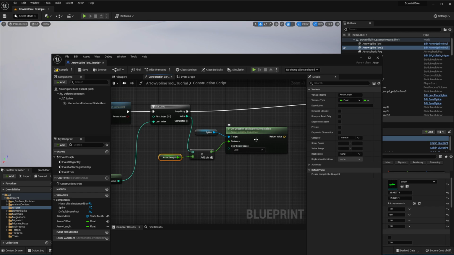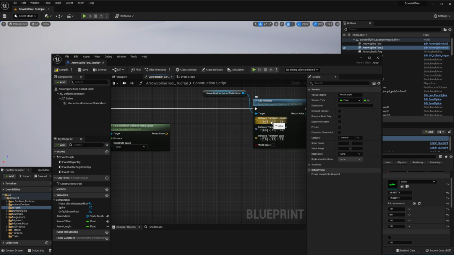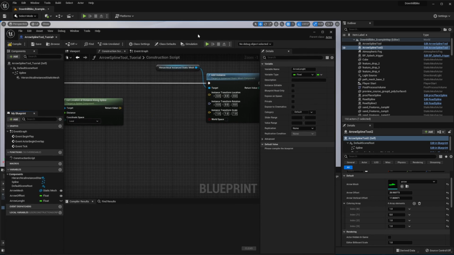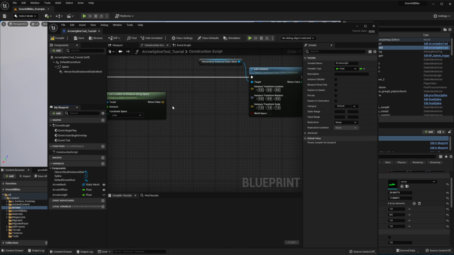This will return the position for your arrow that needs to be placed at the current index, and we'll input it into the location transform. We'll just need to add the offset for the z axis. As you can see, I have this variable arrow vertical offset that controls how far the arrows are placed from the spline. That's helpful if you have a mesh for your road that's higher and you need to offset the